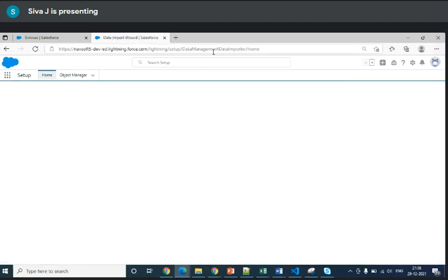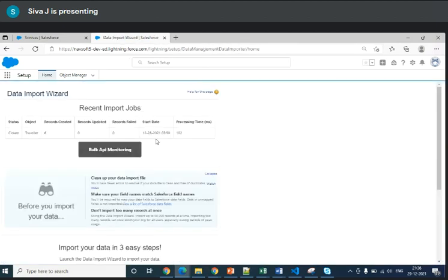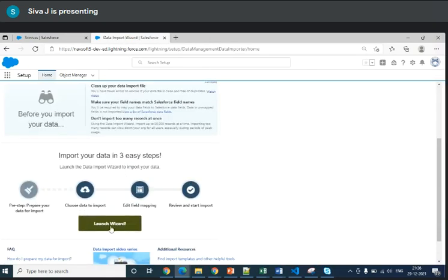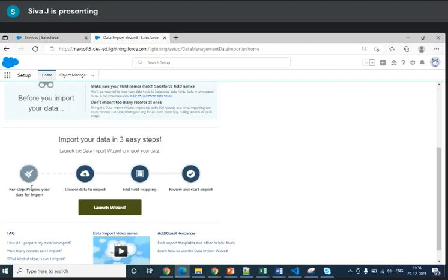Once you click that, it will open a link detail page. This is the button where you can click on import wizard. So as of now, we have prepared the document or file, and after that we need to choose which file you are going to update, and then you need to map the fields. After that, you need to review what happened in the import after you did the import wizard.